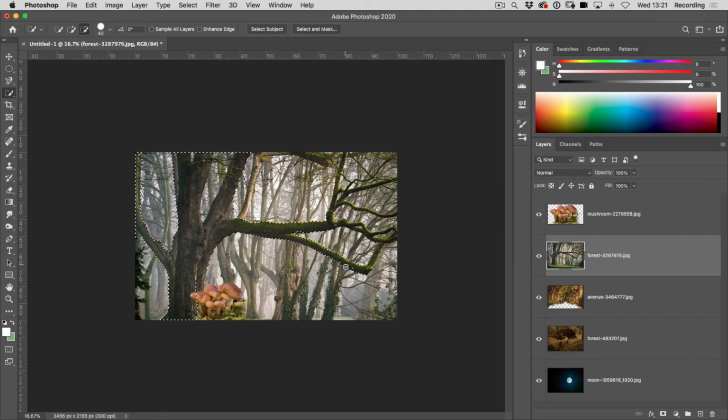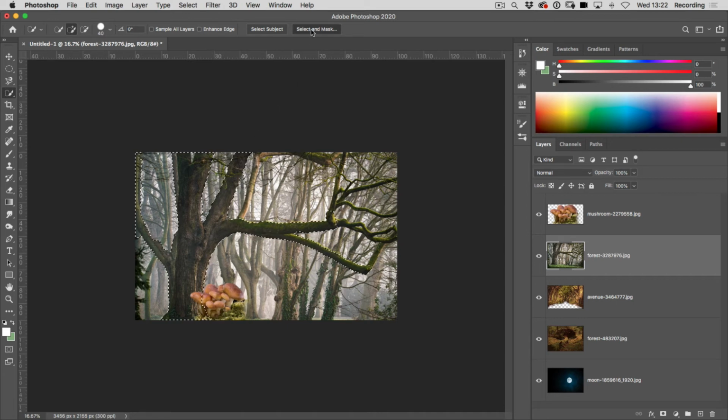I want that area, so I need to go back to the plus tool. Now instead of just going back and forwards up here, when you've got the plus tool selected, if you hold down Alt, it will change to the minus tool. So it means that you can just keep one tool selected, add bits and remove bits. Okay, and once you've got it almost perfect,